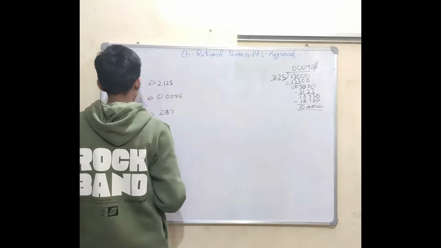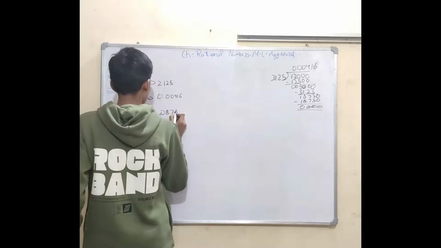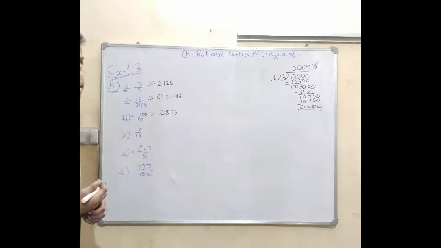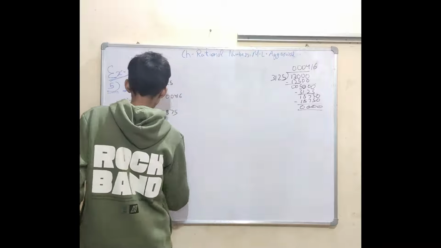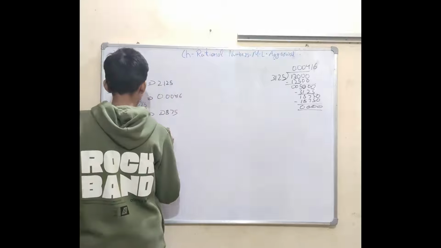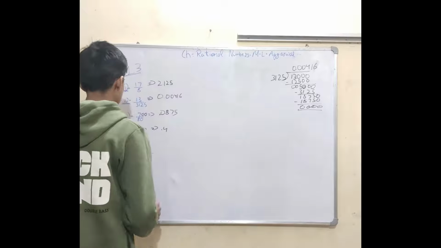7 it's in the 56. 40 will be left. 4 and because of decimal, 400. It's 0.875. I hope you understand it. 6 upon 15. We put decimal, it will become 60. 15 4 the 60. That was easy.